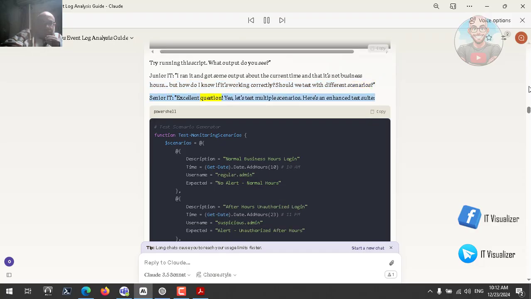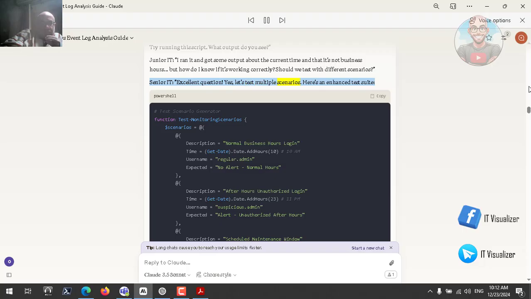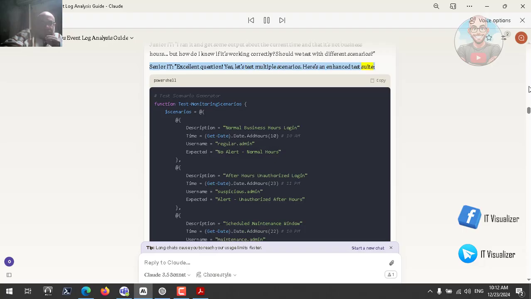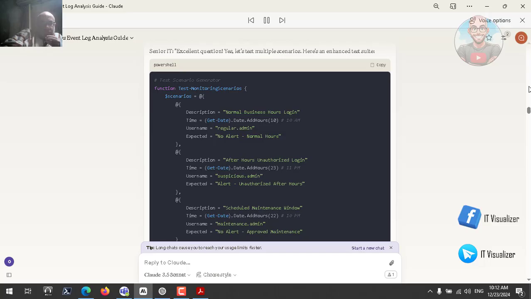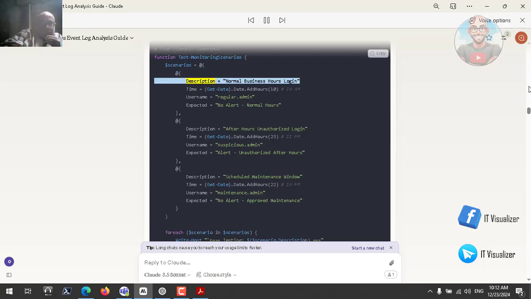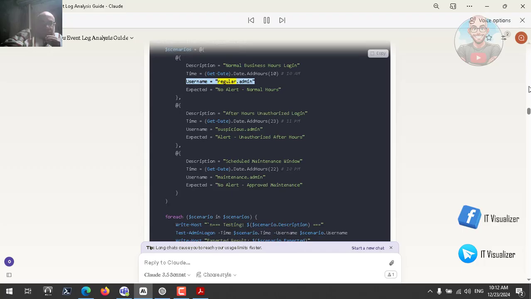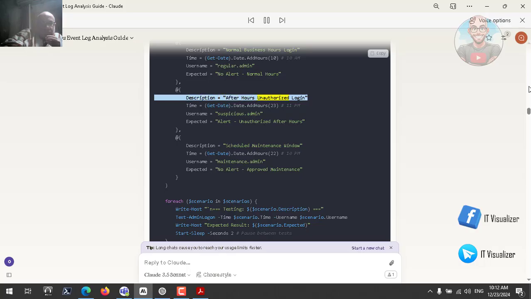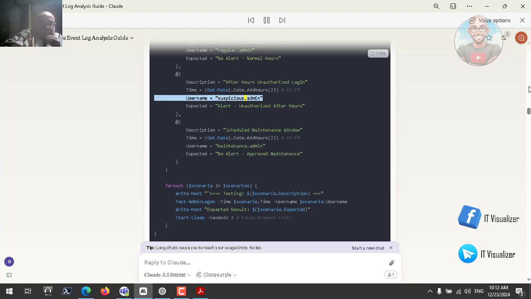Senior IT: Excellent question. Yes. Let's test multiple scenarios. Here's an enhanced test suite. PowerShell. # Test scenario generator: function Test-MonitoringScenarios { $scenarios = @( @{ Description = "Normal business hours login"; Time = (Get-Date).Date.AddHours(10) # 10 a.m.; Username = "regular.admin"; Expected = "No alert - normal hours" }, @{ Description = "After hours unauthorized login"; Time = (Get-Date).Date.AddHours(23) # 11 p.m.; Username = "suspicious.admin"; Expected = "Alert - unauthorized after hours" },